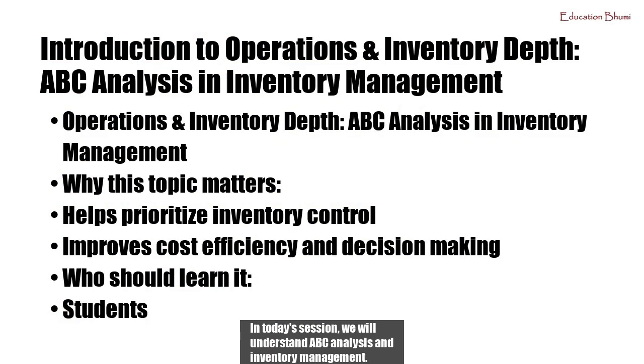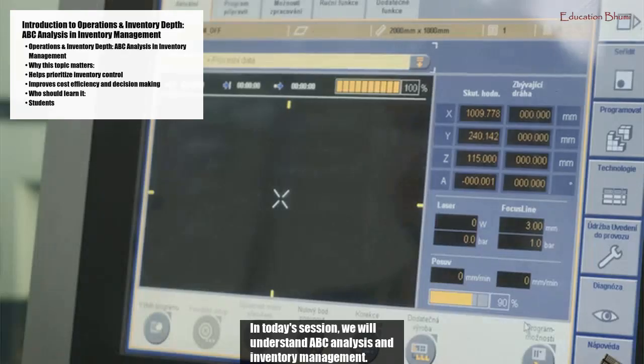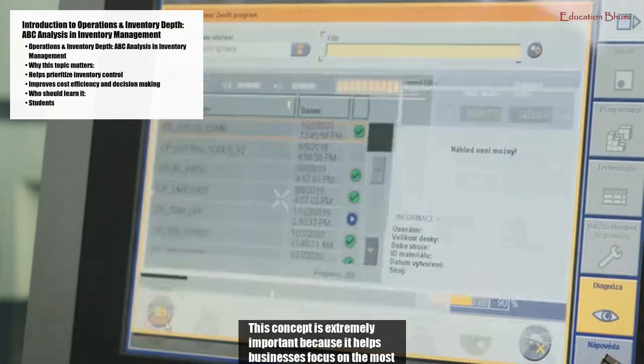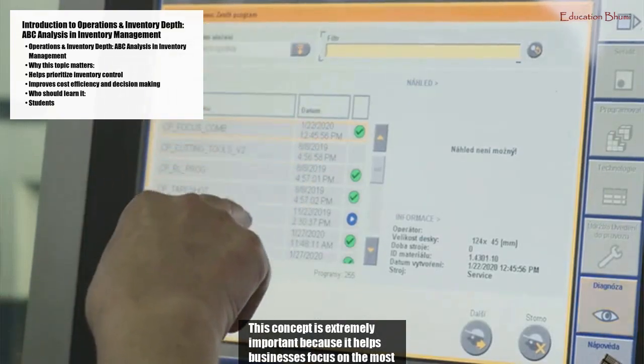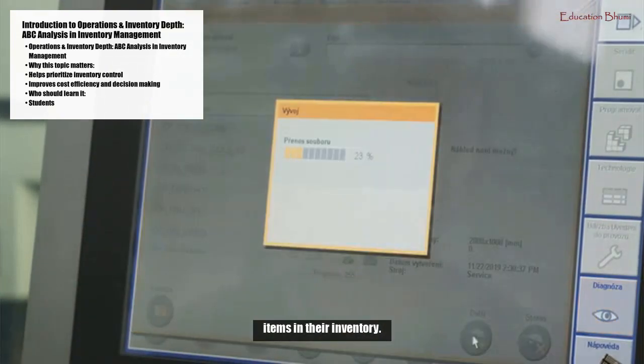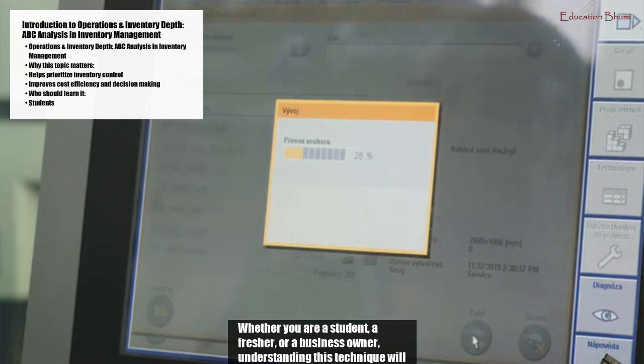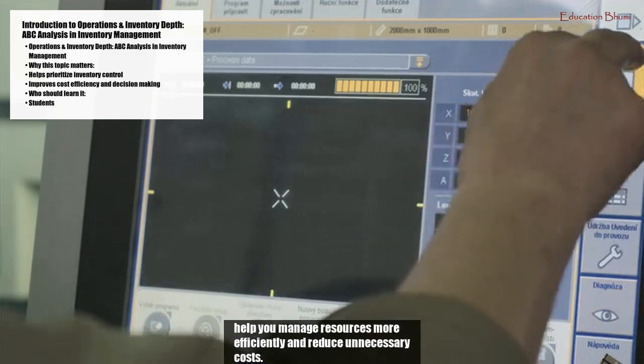In today's session, we will understand ABC analysis and inventory management. This concept is extremely important because it helps businesses focus on the most valuable items in their inventory. Whether you're a student, a fresher, or a business owner, understanding this technique will help you manage resources more efficiently